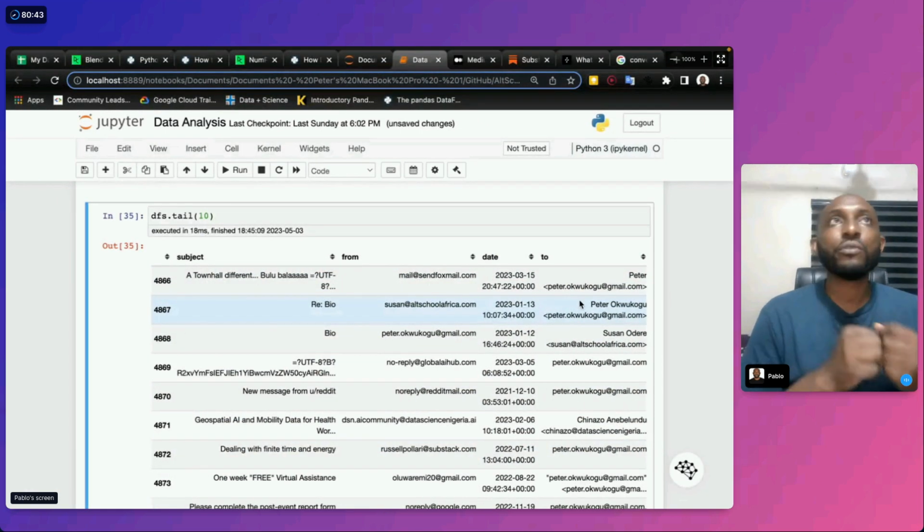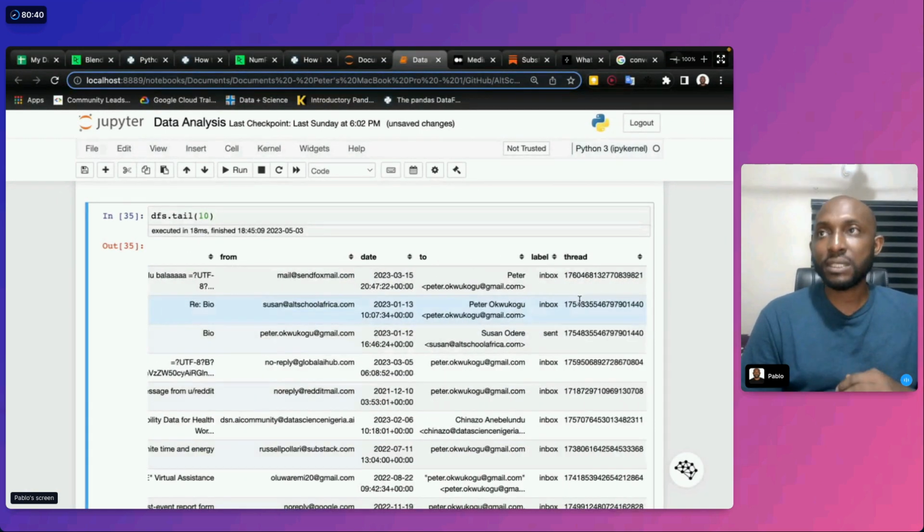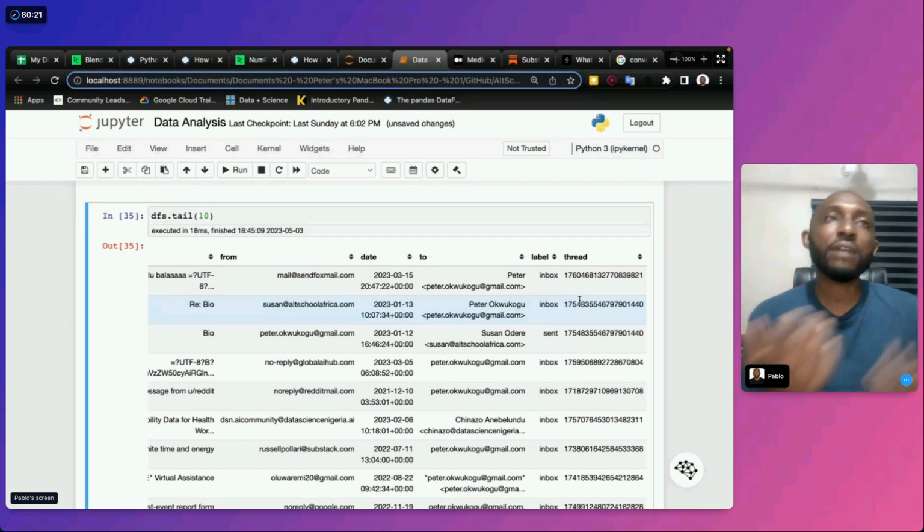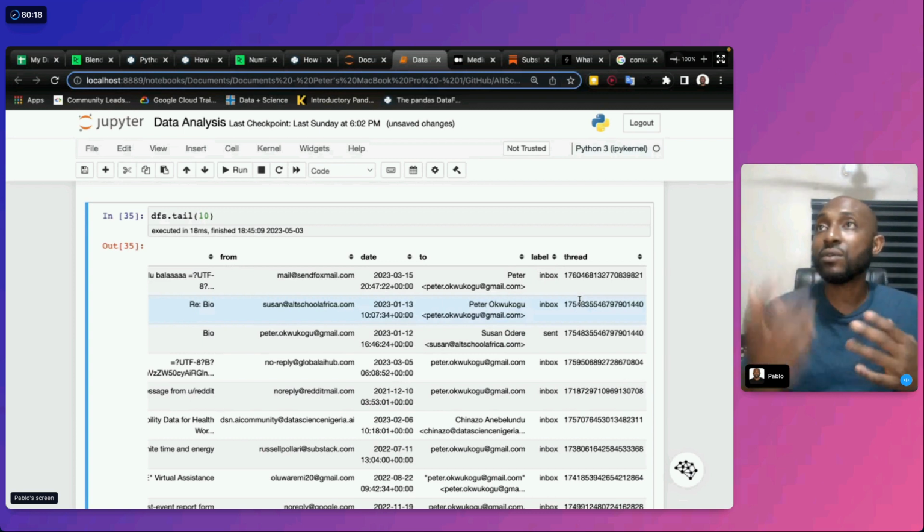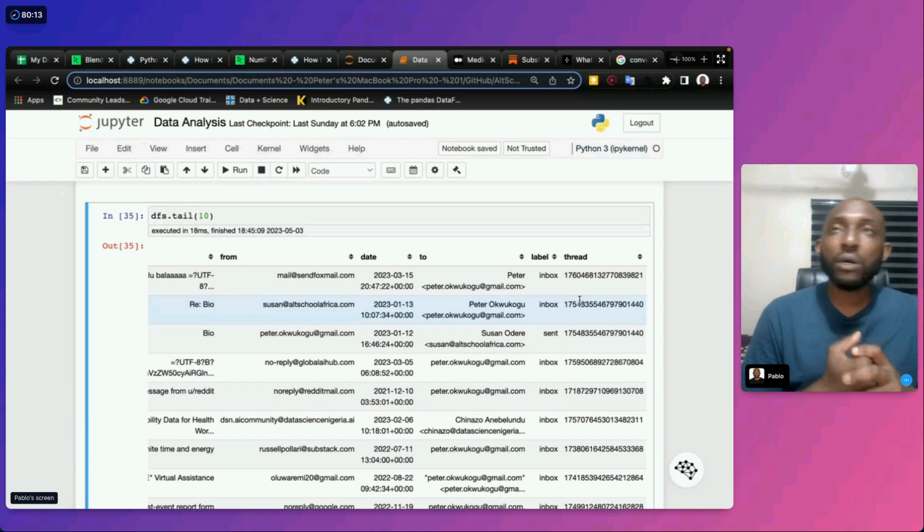Now, again, I want to remind you guys that when we are doing all these things, it is for you to understand that when you have your data in future, you can always come back to all this that we've done, and try to think of how to clean up your data because you want to write an article with it. I want to do a report. I want to do my final data analysis report. And then you have a data set and you look at the data and the data looks in different ways. Of course, you can do a lot of analysis with it, but you can do a lot of searching online and finding different ways to get that done.